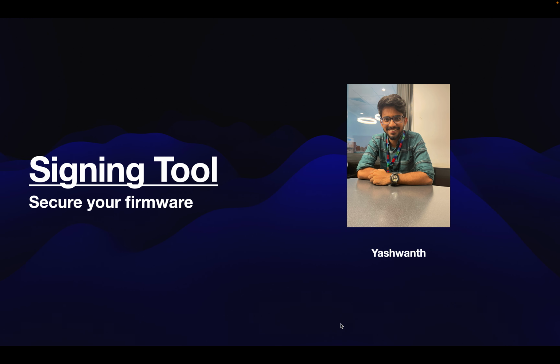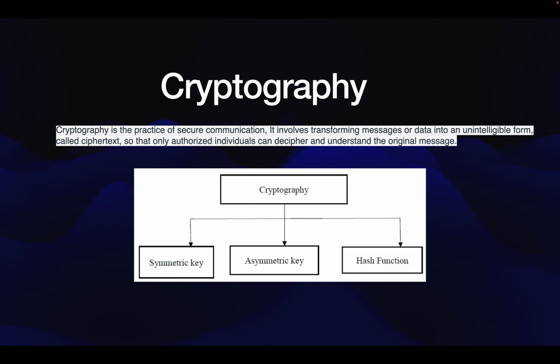The signing tool is an open source repository written completely in Rust. It's available on my GitHub page. I will show you once I give a little intro about what you need prerequisitely before signing. Signing comes with something called cryptography. Cryptography is a practice of secure communication. It involves transforming a message or data into an unintelligible form called cipher, so that only authorized individuals can decipher and